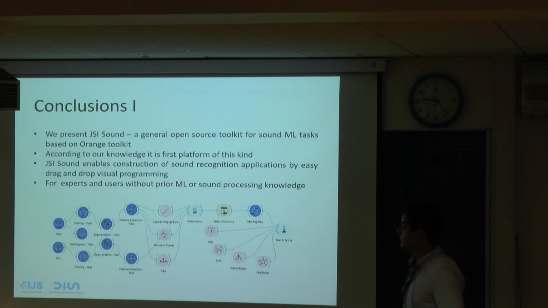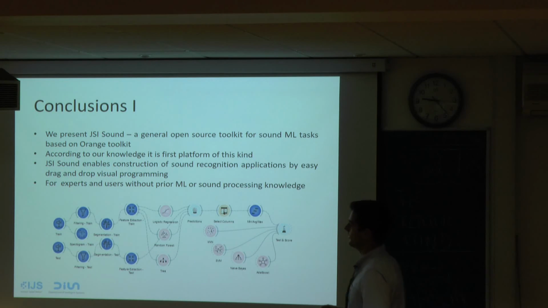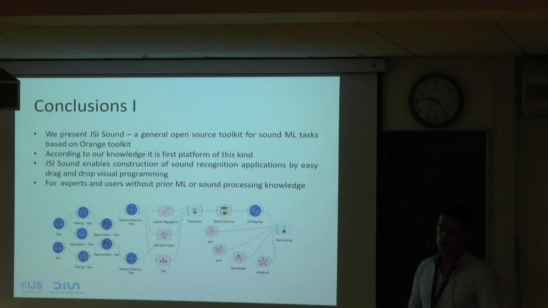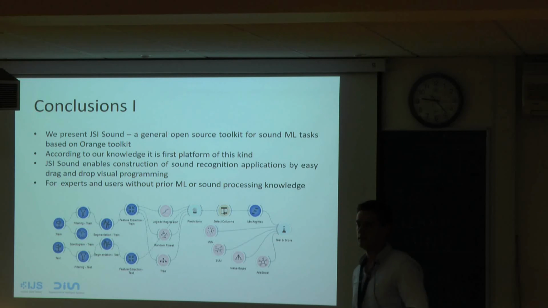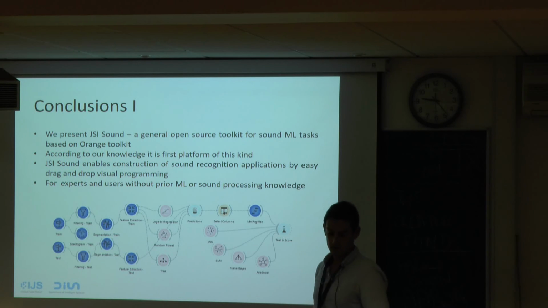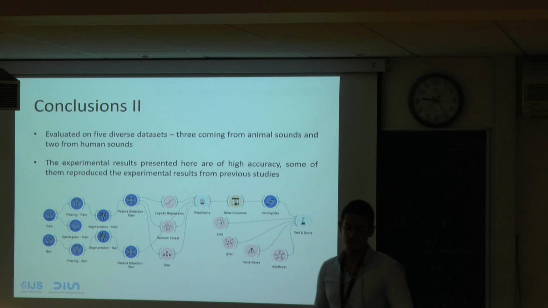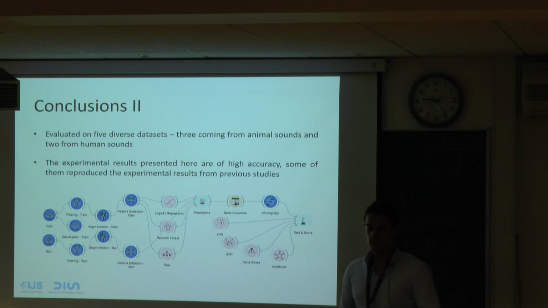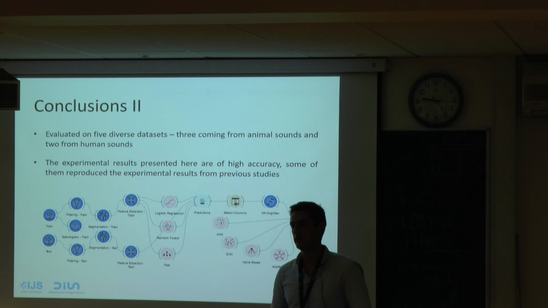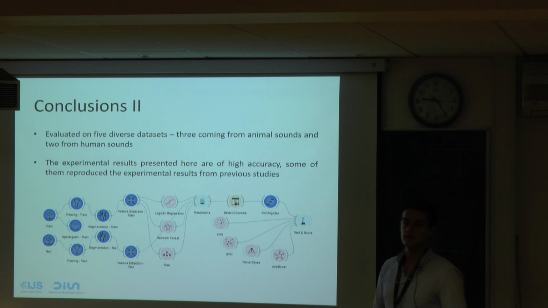This is the conclusion. So JSON Sound is a general open source toolkit where anyone can download these widgets and import them in Orange and can use them. We believe that this is a first platform of this kind, which enables construction of models for sound recognition, and basically anyone can use it. The users do not need prior audio processing knowledge. We tested on diverse sounds, so we have human sound or bird sounds, and also sound from a digital stethoscope, and the results are comparable to what we are achieving with the state-of-the-art audio processing libraries. That's my presentation. If you have any